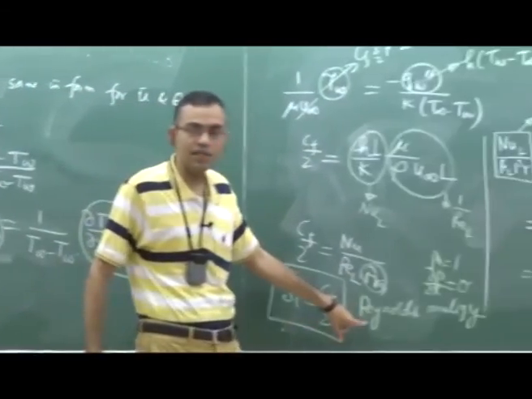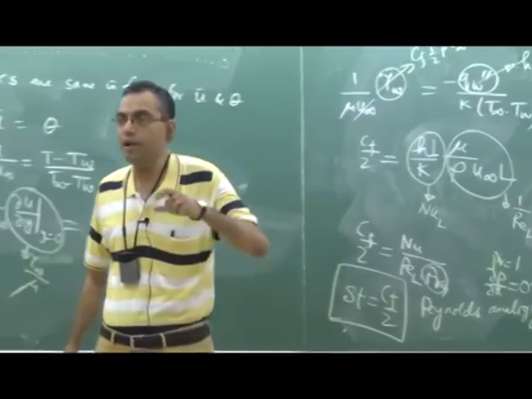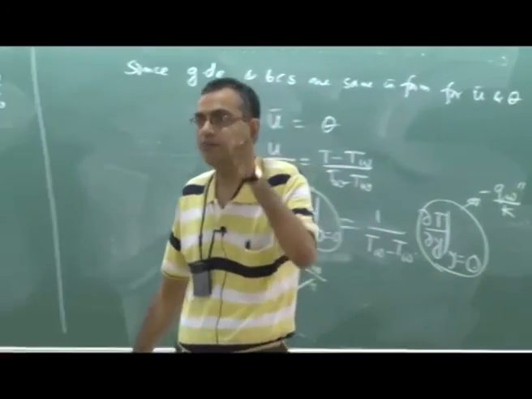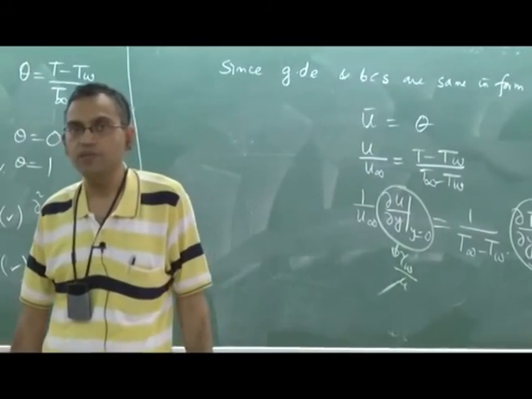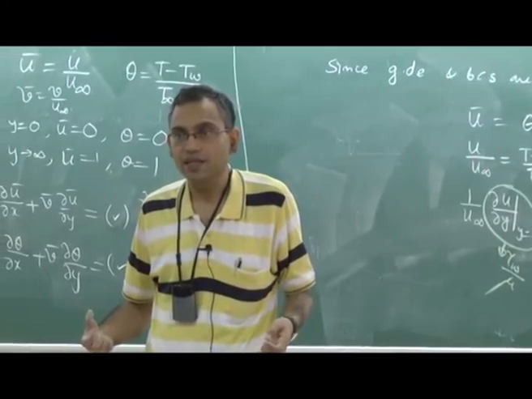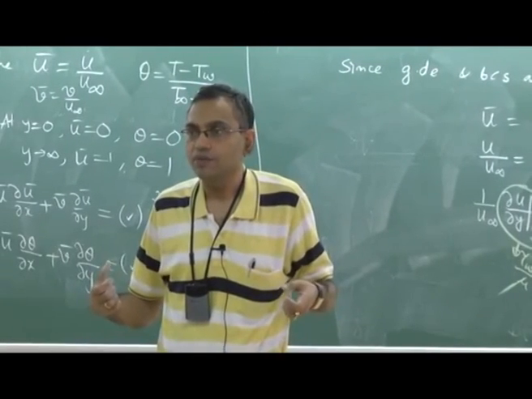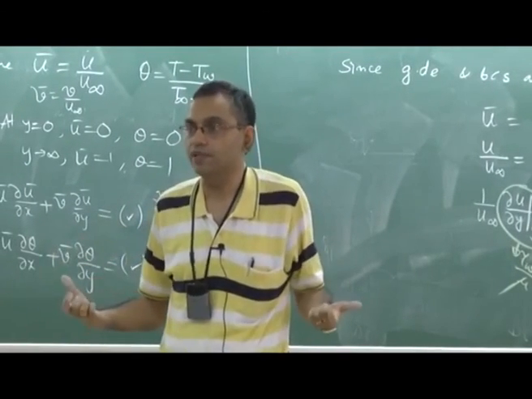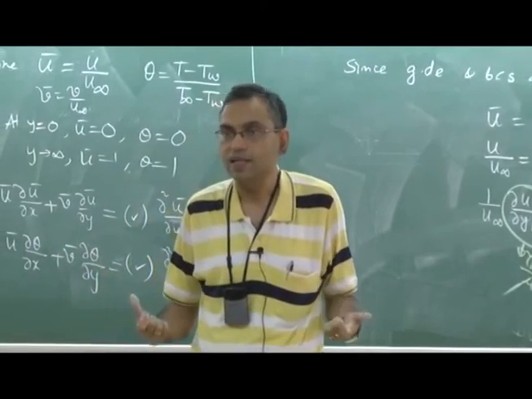So, this Reynolds analogy is very nice, but it can be applied only with Prandtl number equal to 1 in addition to the assumptions that we have considered. So, the situation is that when Prandtl number is not equal to 1, what happens? We will discuss about that in the next lecture.